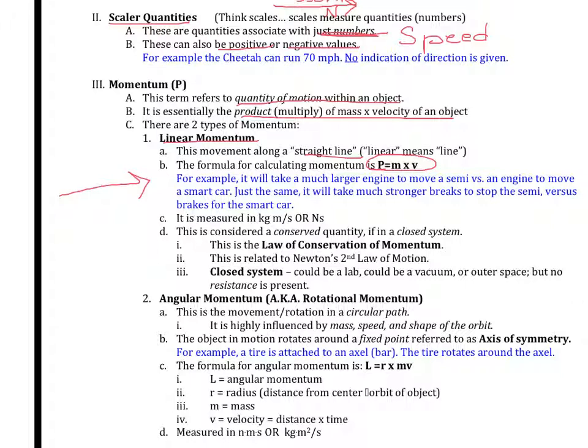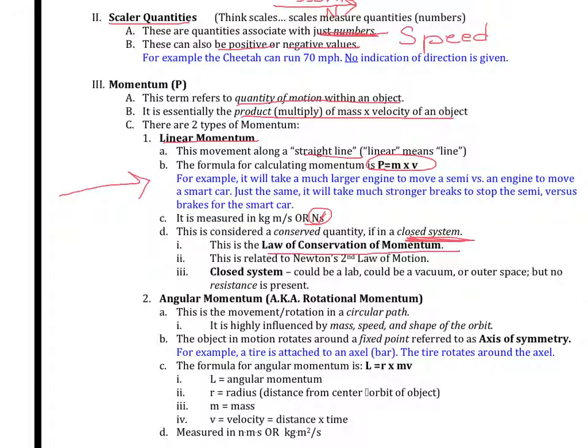Okay? It's measured in newtons. Mass times velocity gives us newtons. So momentum is measured in newtons. I'm not sure why there's an S on there. There shouldn't be. Linear momentum observes the law of conservation of momentum, which says that in a closed system, momentum